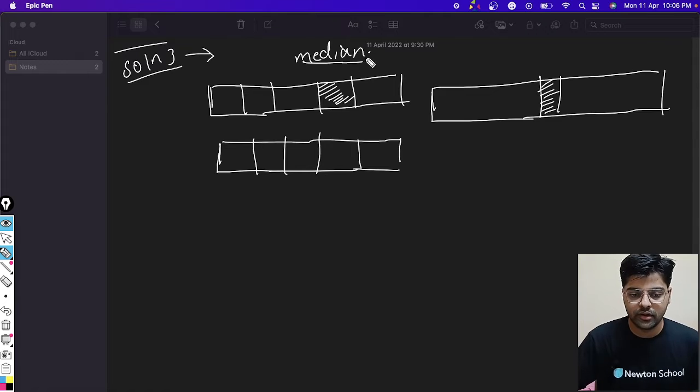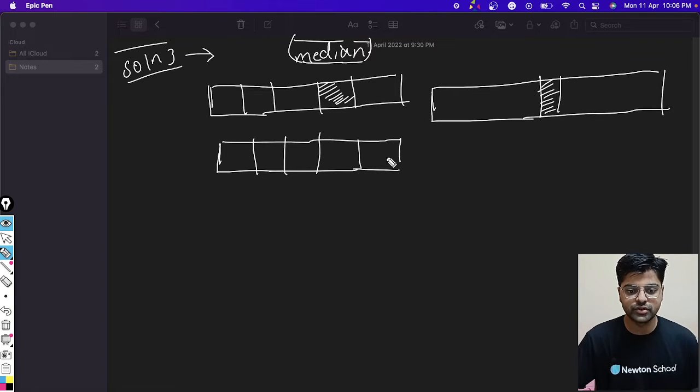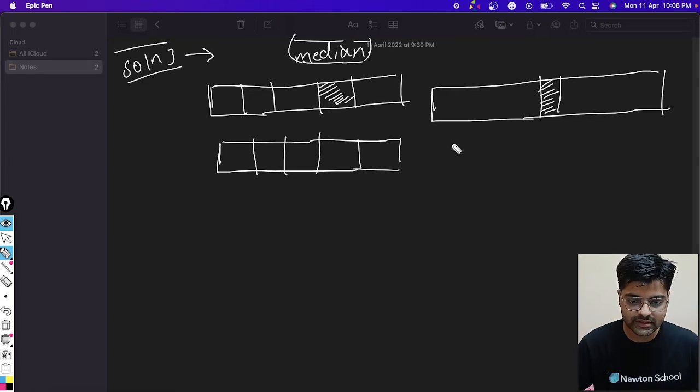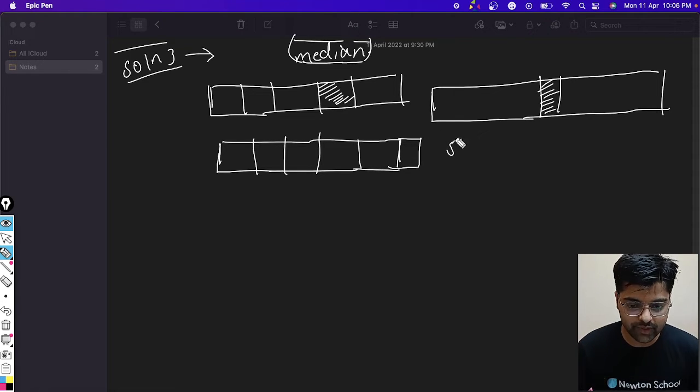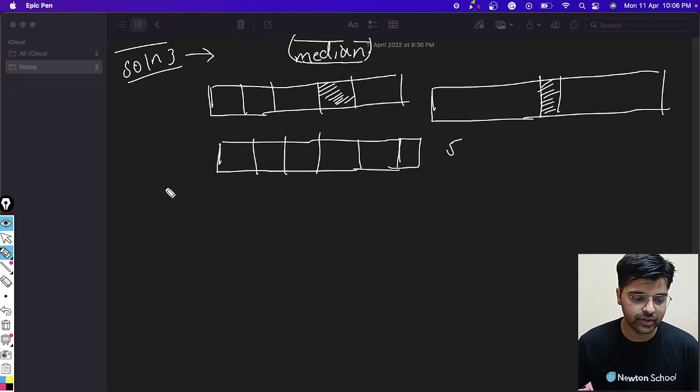So if this is the median, right, so here the total number of elements are 5, and here it's also 5, right? So let's consider here it is 6. So basically it will make the median unique. We'll discuss the even case also. So m equal to, let's say, 5 and n equal to 6, right? And consider that this is our median that we got, right?